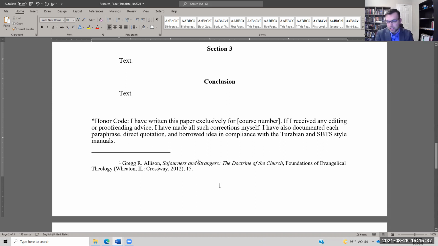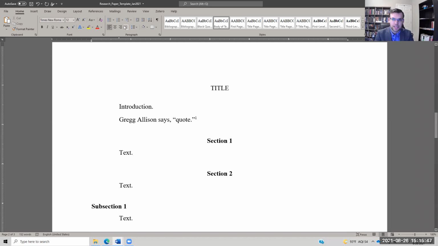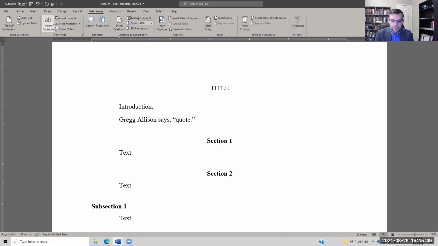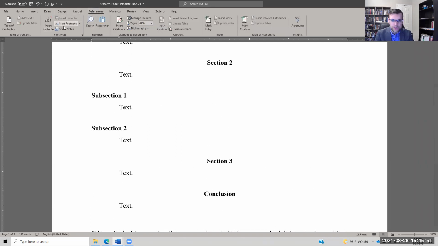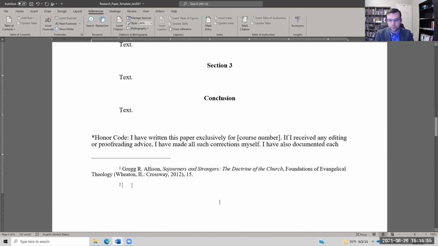This is an example of a long citation, or what I call a full-length citation. I have never cited Greg Allison's book before in this paper, so I give a full length. Maybe later on, I cite him again. So I create a footnote: references tab, insert footnote, footnote 2, and it automatically numbers it for you. Now I'm going to use what I call a short form citation, which is just the last name,